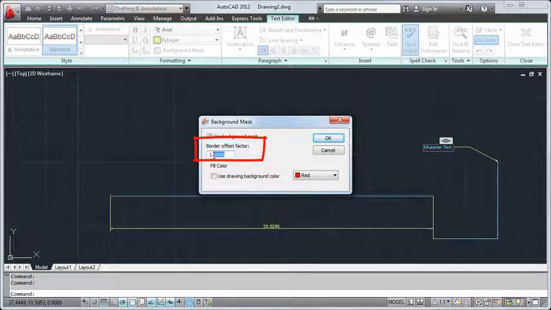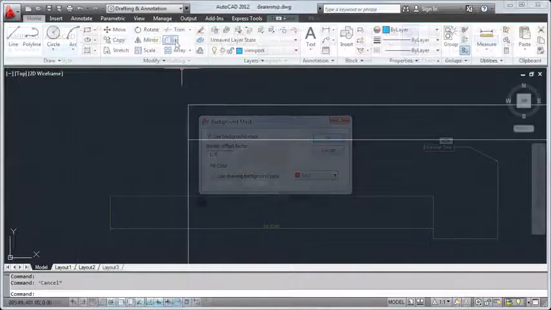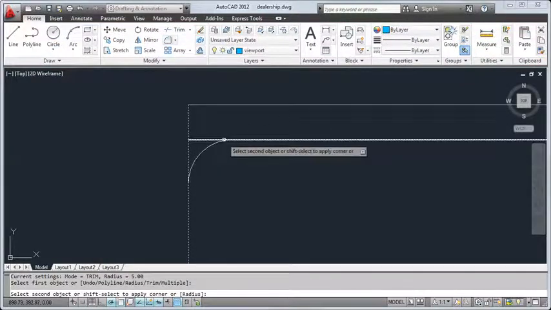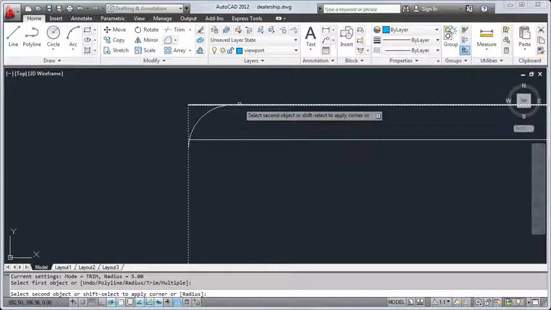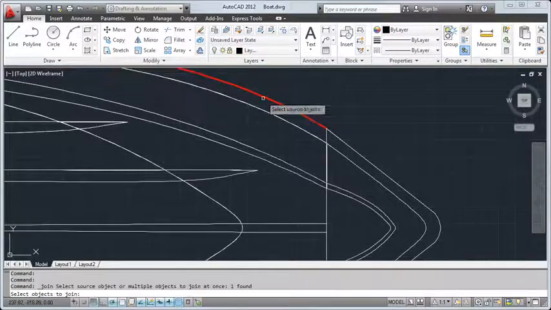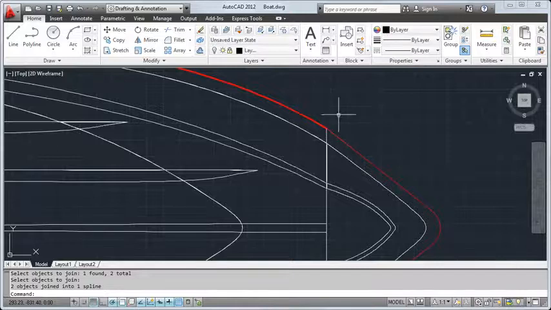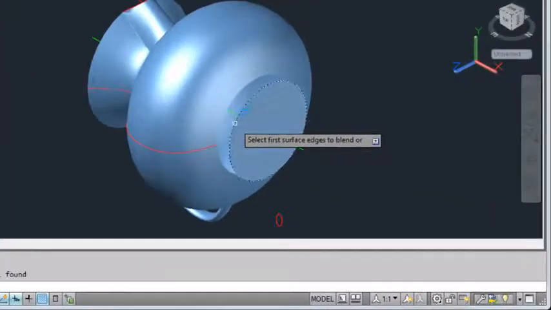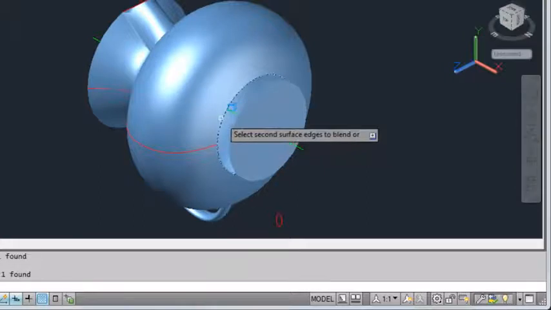border offset factor. With our fillet and chamfer preview, you can see how things will turn out with different settings before you complete the command. We've improved join functionality so you can easily join different types of objects. And we've added a blend command which lets you connect objects with spline curves, and again, you can preview results